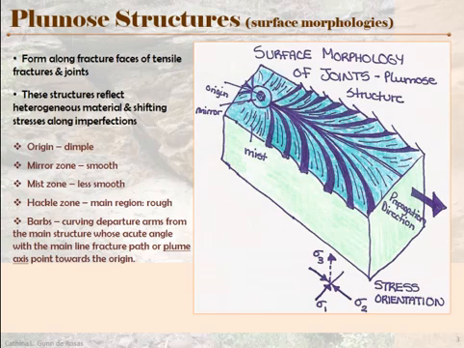And these structures, the reason why they form these plumose structures is because no rock is completely homogeneous, and the forces on it are not isotropic. Remember, we said the same in